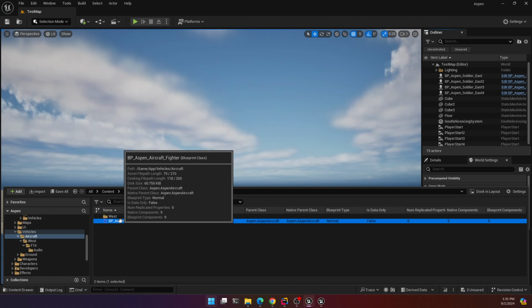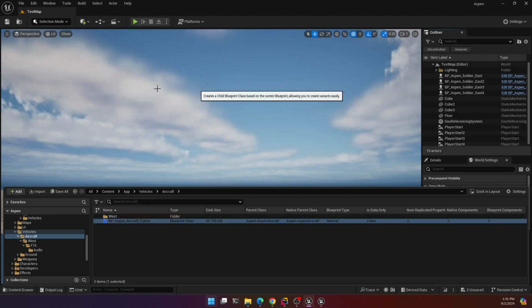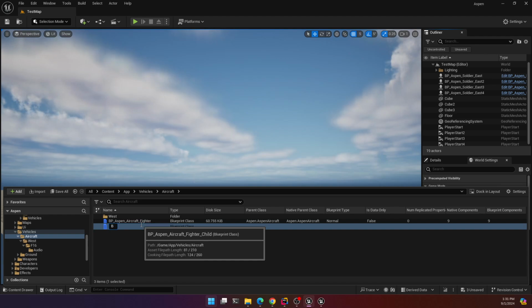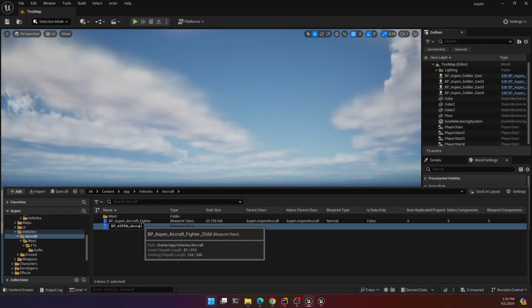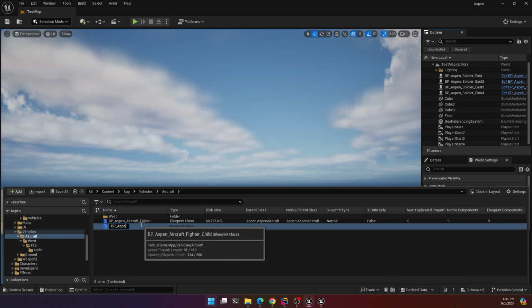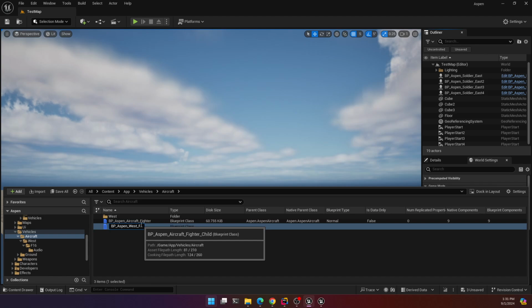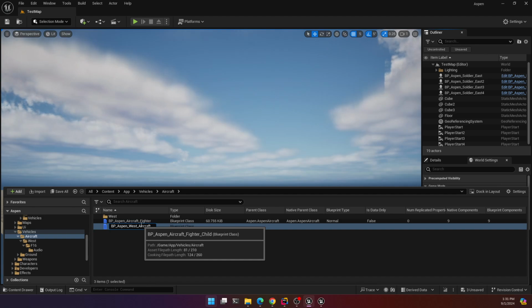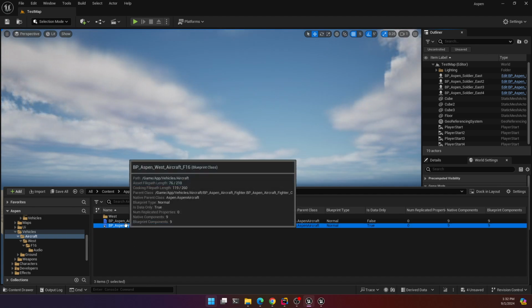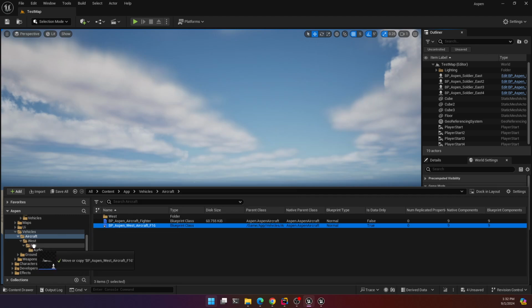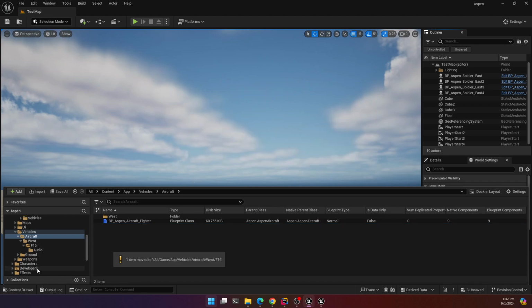And then we're going to create a child, and we'll make that our F-16 class, and we'll move that right over here. And then on our test map,